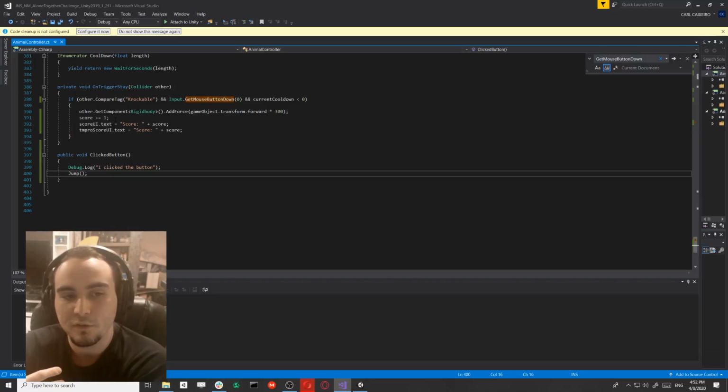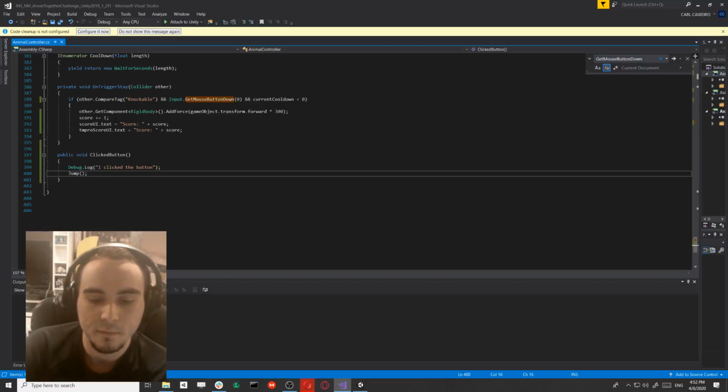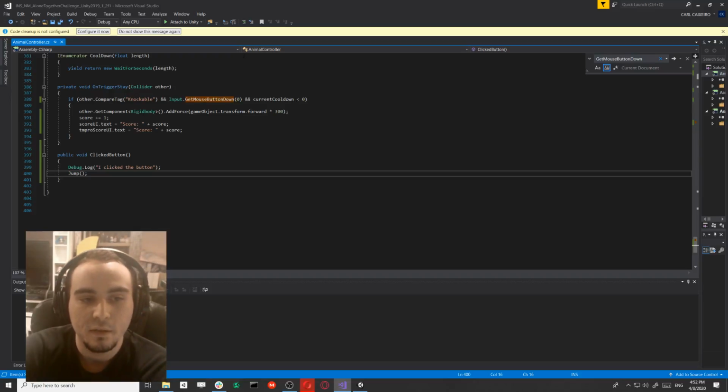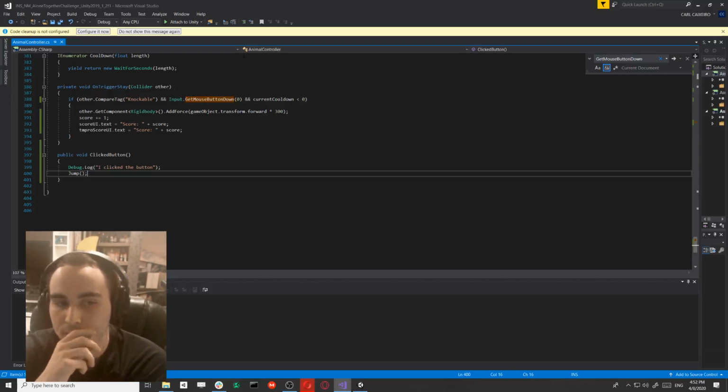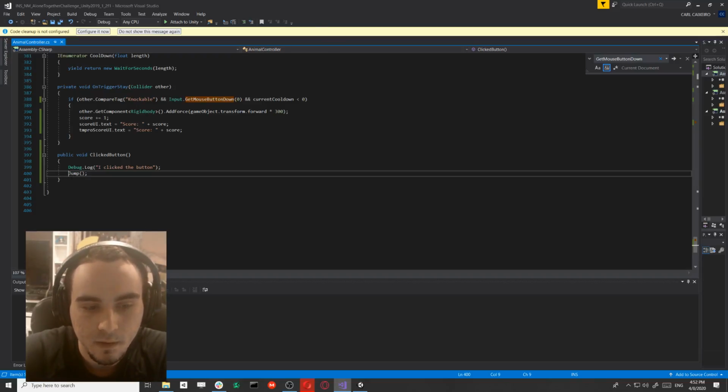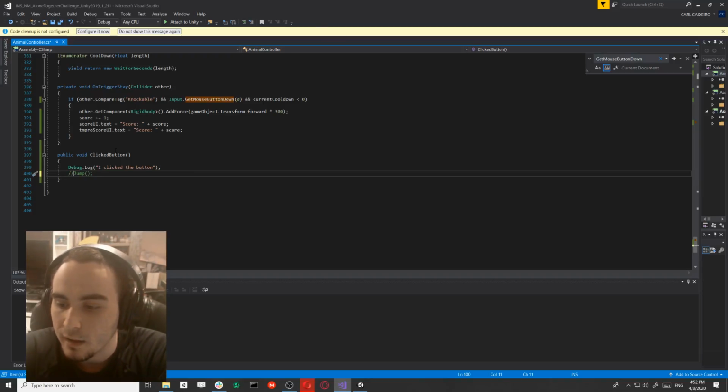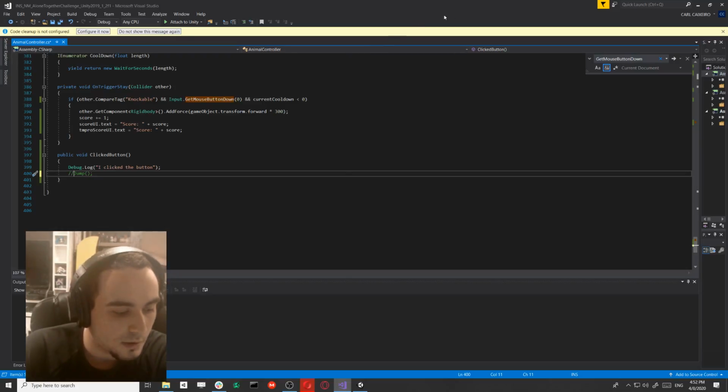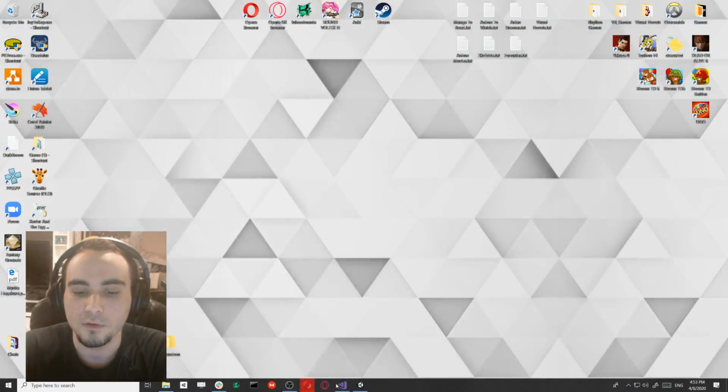It's the same as any other function, but you're just calling it from the button. Just think of it that way. Whatever is in this function, all the code within that function will get called once I click on the button. I'll comment this out. And we have 8 minutes left. There's one more thing I want to talk about, which is,